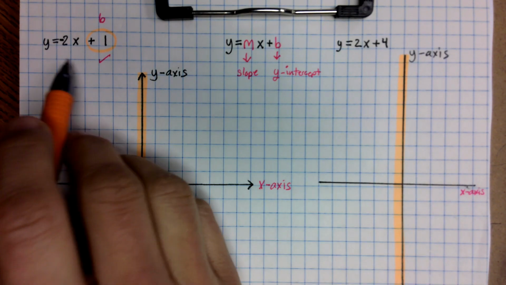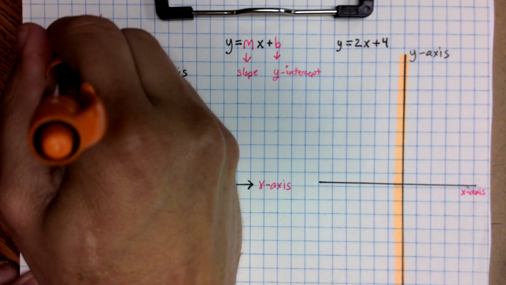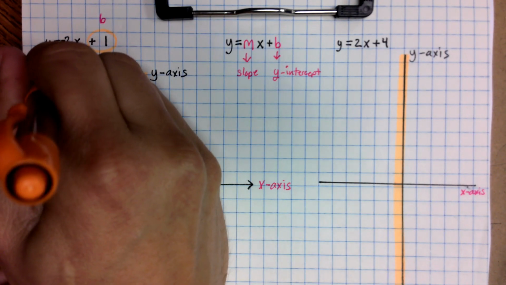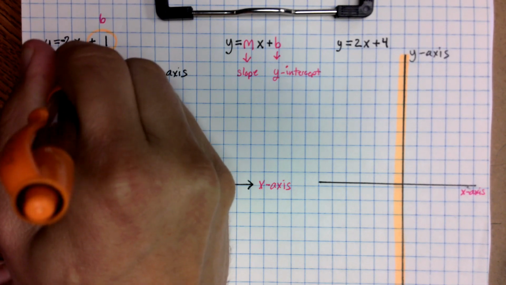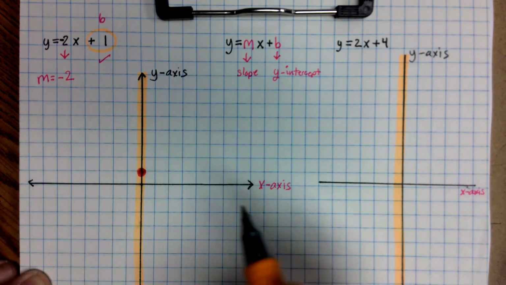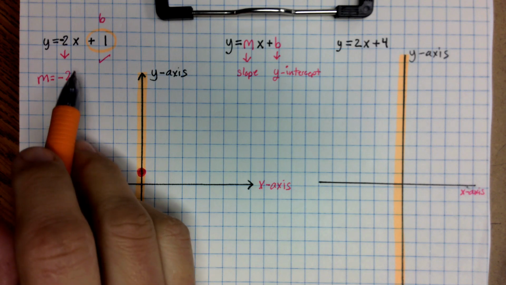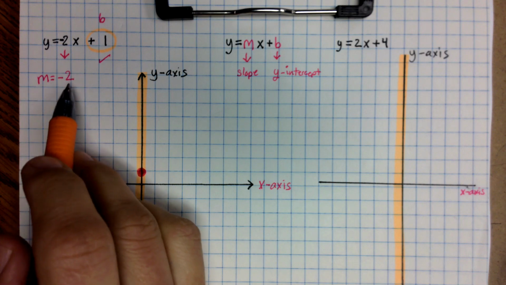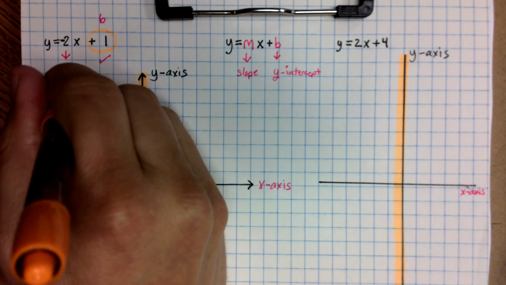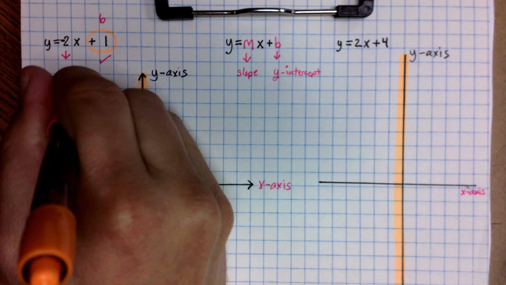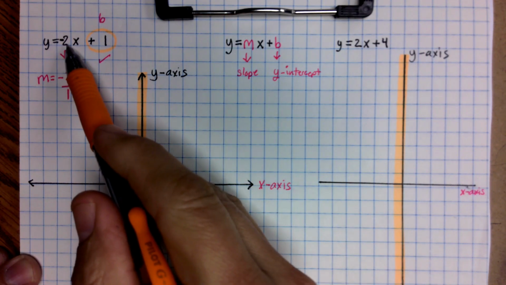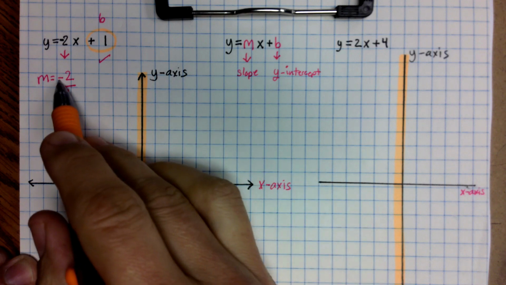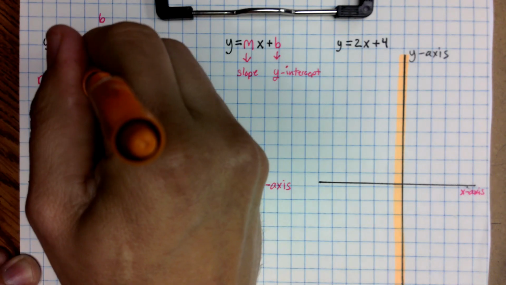Now the slope is going to be a little bit tricky on this one if you forgot about how to turn it into a fraction. Now notice we do have negative 2. In other words, my m value, my slope, is negative 2. And in order to graph, I want to convert this to a fraction. Well, the way we convert an integer to a fraction, and when I say integer, I just mean a whole number that's positive or negative, is I'm just going to put it over 1. So this is negative 2 for my slope. So if I write it as a fraction, it's negative 2 over 1. Because it's negative, that means that we're going to go down